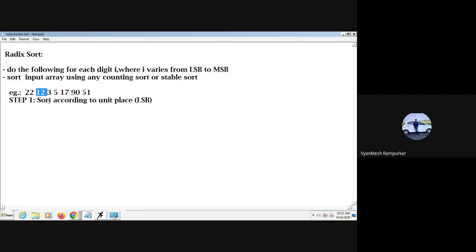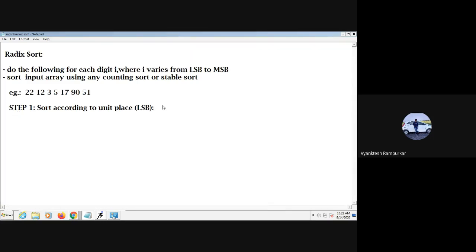If you consider the first number, what is its least significant bit? 2. Again it is 2. Then 3, then 5, then 7, then 0, then 1. So in the first step we have to sort the input array using the number at the unit place.